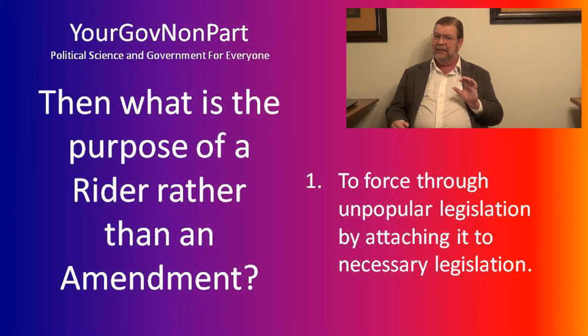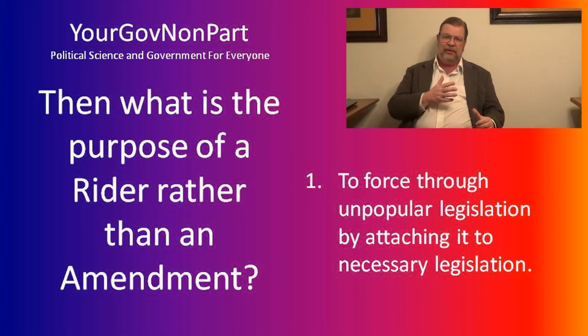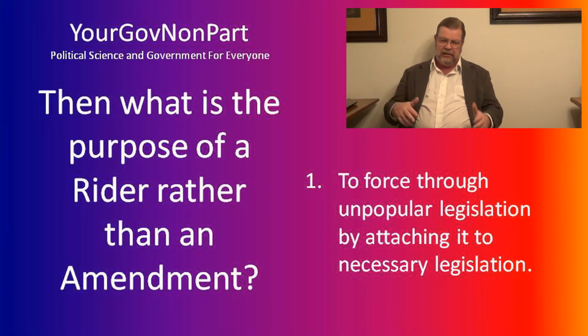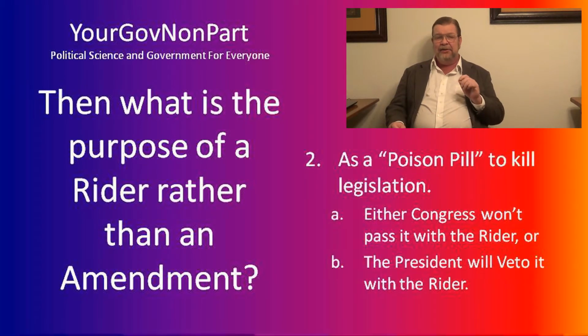Some piece of unpopular legislation, something that doesn't have a great deal of support, a group may get together and attach it as an amendment to a much larger and highly important piece of legislation in order to ramrod it through. Because, well, nobody wants to vote against the appropriations bill for the U.S. military, so they'll vote for it and eat it. And when it gets to the president, he's not going to want to veto it because they need this appropriation, so he'll sign it.